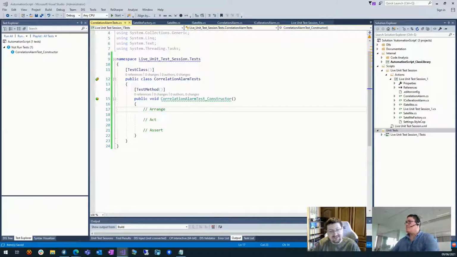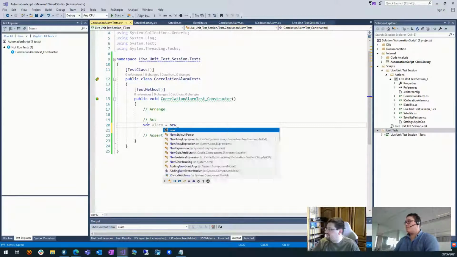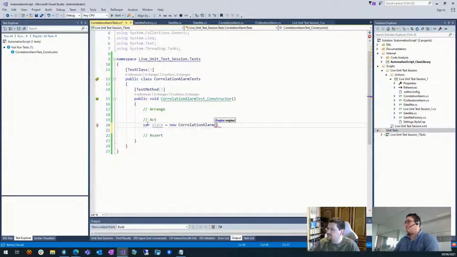Now, practically, I always like to start with the act, because that's the important part of your test. You want to actually perform something. So in this case, our act is going to be creating or running the constructor. So we want to have a var result, and the var alarm or result is going to be running the correlation.